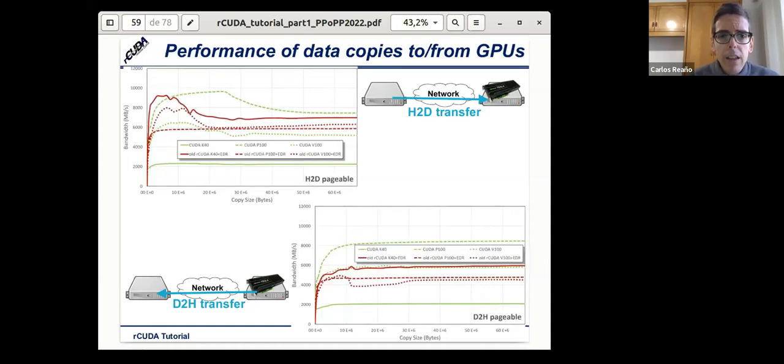When we add in this performance analysis the results from CUDA, the CUDA results not using virtualization, using a physical GPU, are in green. The CUDA results using remote GPU virtualization are in red. So original CUDA in green, remote GPU virtualization CUDA in red. We can see here that we have more or less similar results.